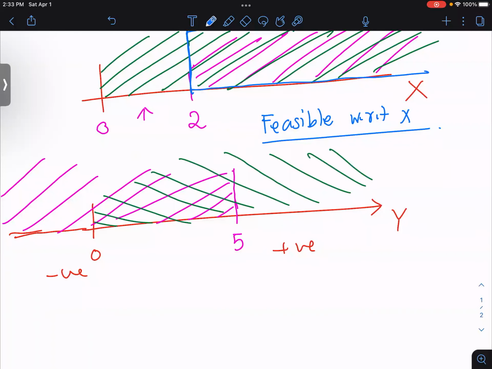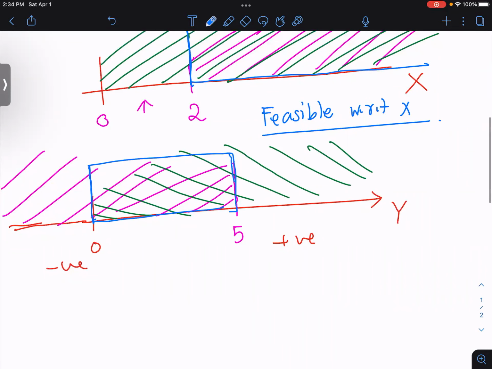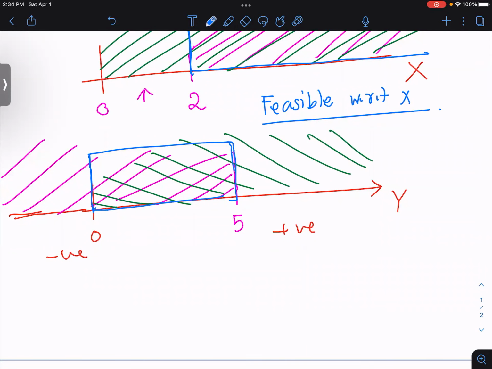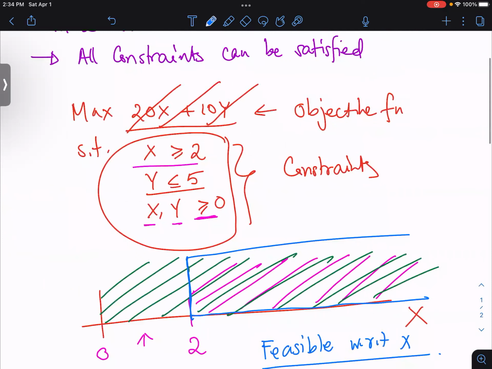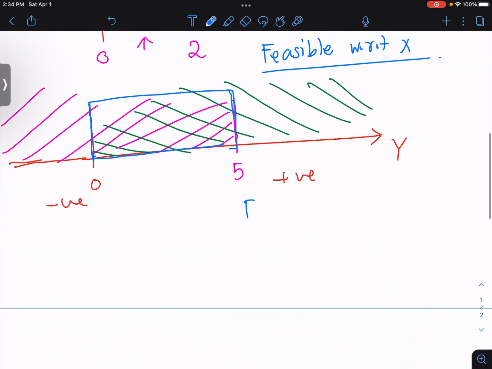There is. If you look at this region right here from 0 to 5, both constraints, y less than or equal to 5 and y greater than or equal to 0, are satisfied, which means there exists a region where both can be satisfied with respect to y. So this problem is again feasible